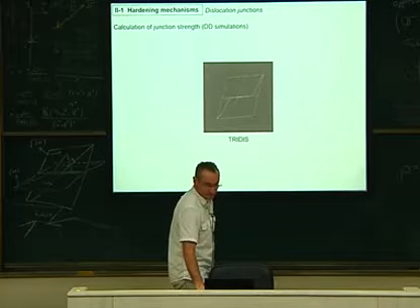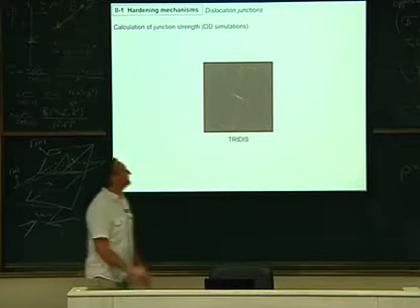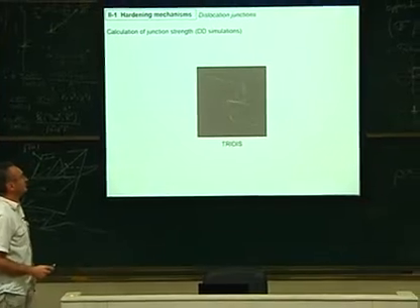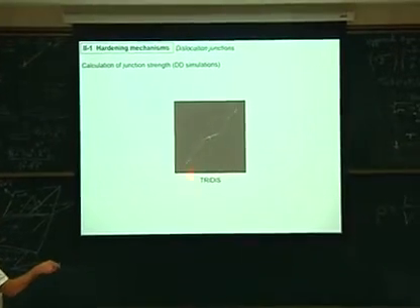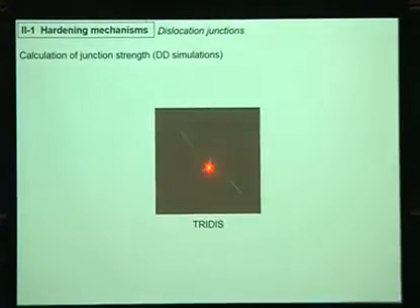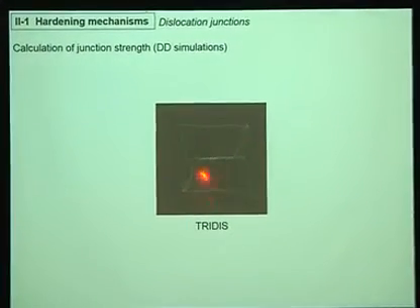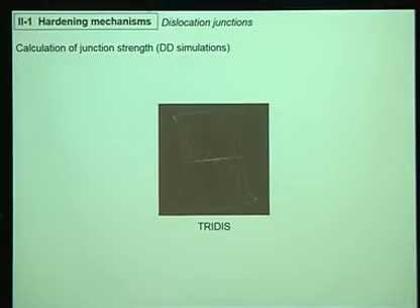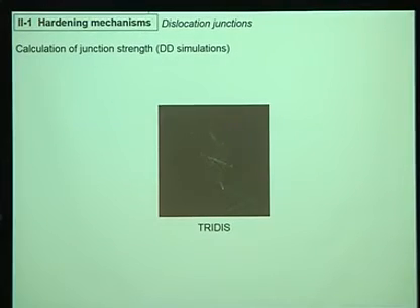Okay. Now this was done also by DD simulation. I showed you that with molecular dynamics. So this is a DD simulation with my edge-screw model in 3D. So you see the two lines, the superposition with the sausage, as I told you before. This is the Lomer-Cottrell lock. We don't see the dark blue line a lot, but there is a dark blue line. Do you see it a bit? Yes, there is dark blue here and there.